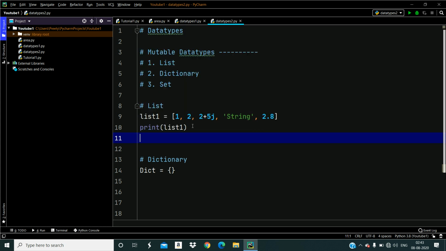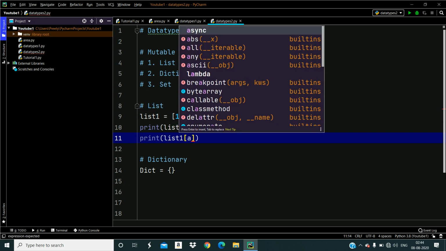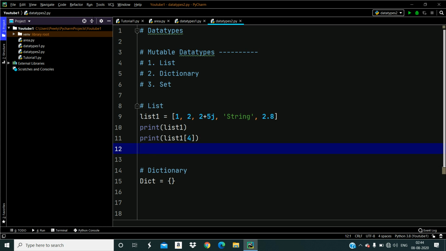How? For example, if you have to print this value, this is 0, 1, 2, 3, 4, just say print list1 4 and see, you got this value.